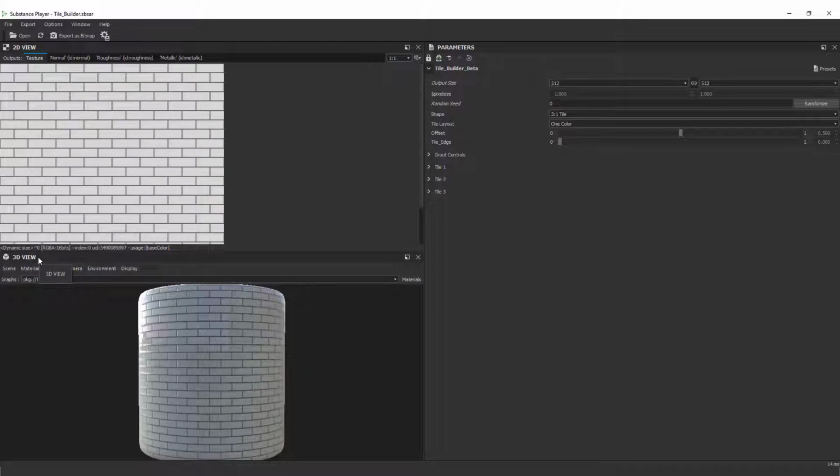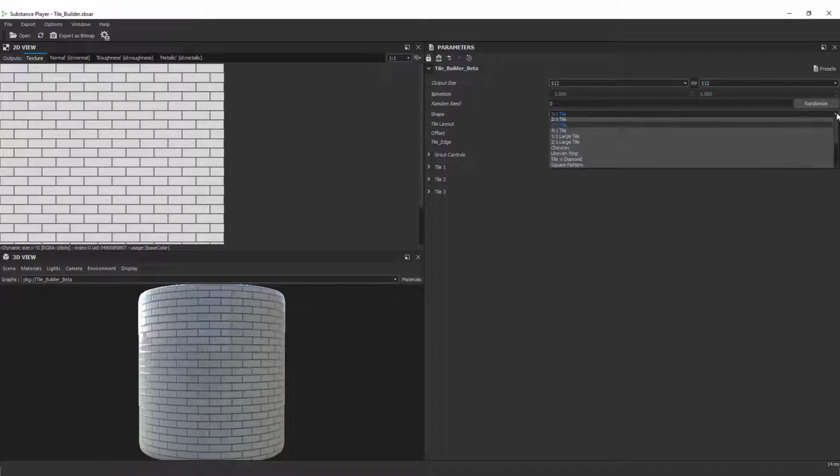Here, the maps are all placed to show how your custom tiles will look in a 3D view once they are imported into Chief. Both 2D and 3D preview sections will update as changes are made to the parameters in the final panel. Let's review options for editing the tile. Output size sets the size for the texture image and maps being exported. 512 by 512 pixels is ideal.